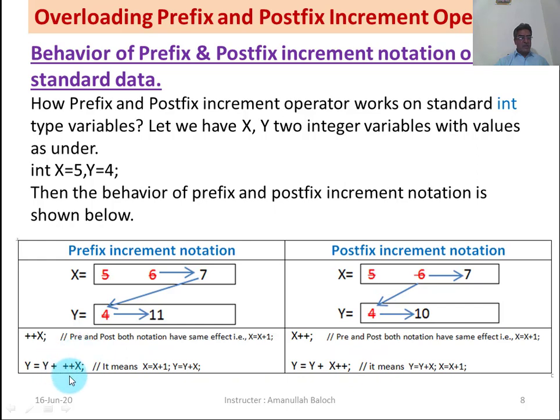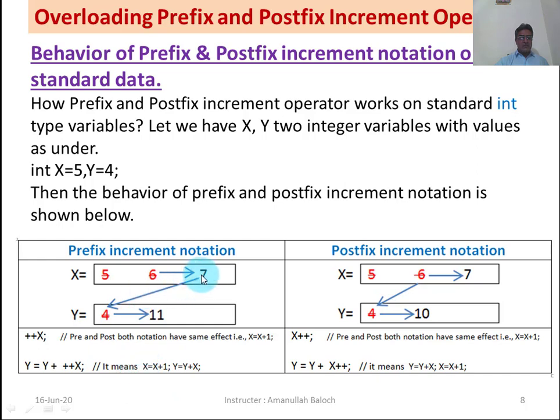What will the computer do here? In prefix notation, x will increment itself first. It will become x is equal to x plus 1. The value of x was 5, the value of x is 6 now, because it has been converted to 6 from this line of code, and now the value of x in memory is 6. 6 will increment itself, 6 plus 1 will become 7 and it will be stored in the memory of x.